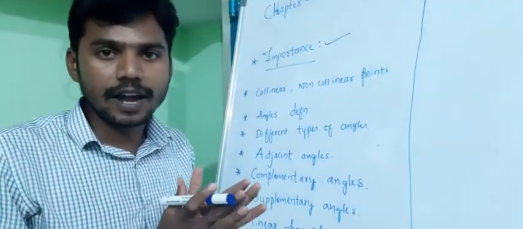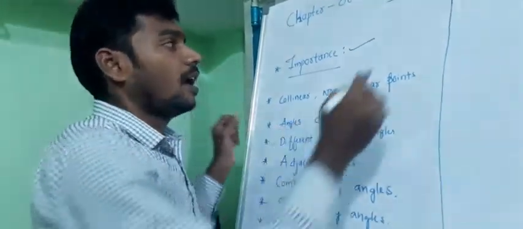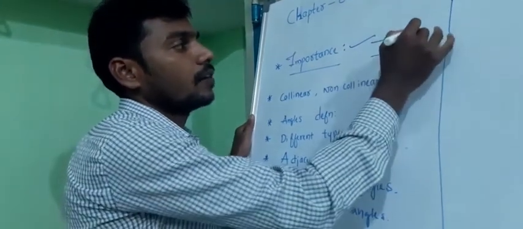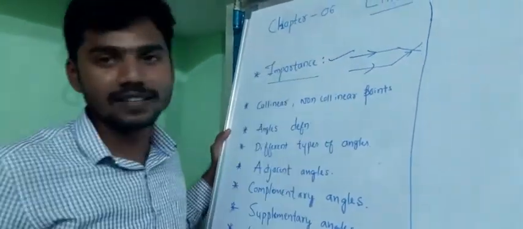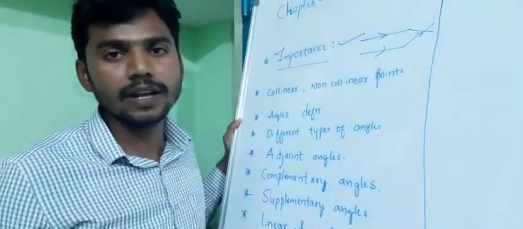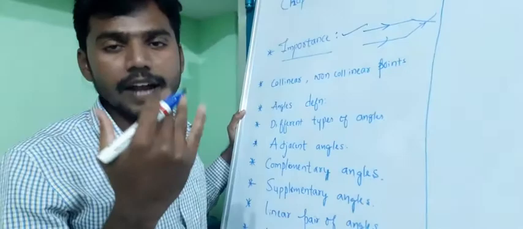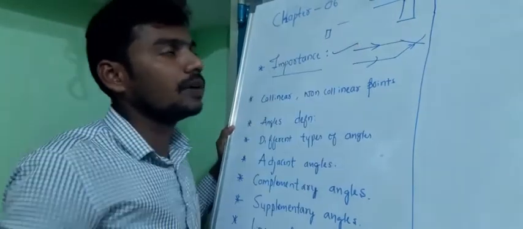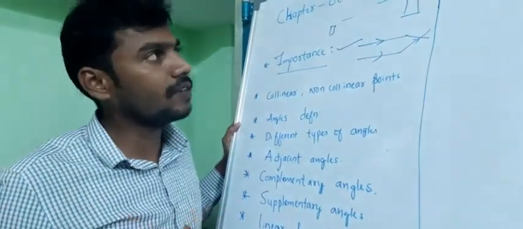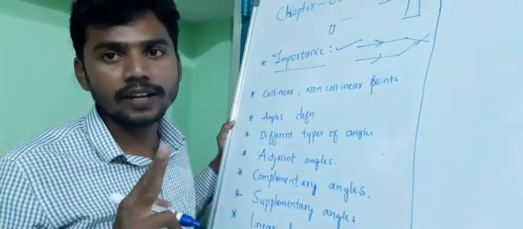See, if you want to study the rays of a light, at what angle rays will travel and at what angle rays will intersect, if you want to know, you should have an idea of lines and angles. Even if you want to find the distance between a ship and the lighthouse, the distance between buildings, or the heights of a building and a person, you need to know the idea of lines and angles. If you know the idea of lines and angles, we can apply this knowledge to find the distance between objects which are at a far distance.